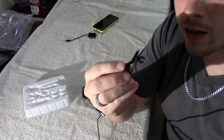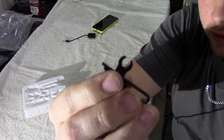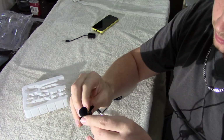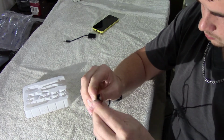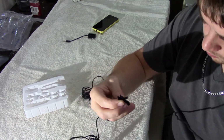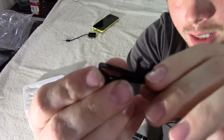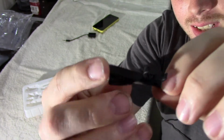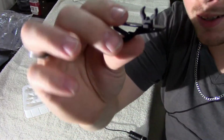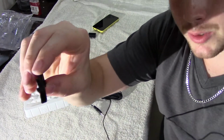Alright, so it attaches with this alligator clip, so it connects to your shirt. What you do is you see an opening right there. Well, trying to attach the microphone to this, you can see it's kind of weak plastic. It broke. But I'm not too concerned about it. I mean, it's not super necessary, because what you can end up doing, if you just open up the clip here,